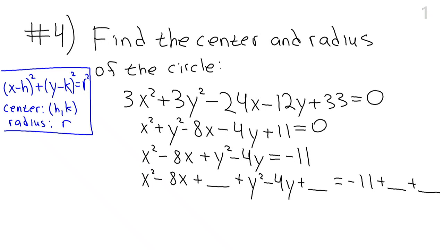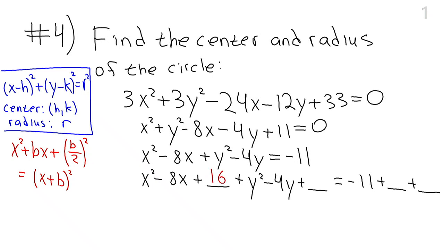And again, a general rule for completing the square is if you have x squared plus bx, what you do to complete the square is you add (b divided by 2) squared. And this becomes equal to (x plus b over 2) squared. This is how you complete the square. You make this into a square. So here, I have x squared minus 8x plus what? Well, I have to take my negative 8 divided by 2 and get negative 4, and then square it, and then I'm going to add